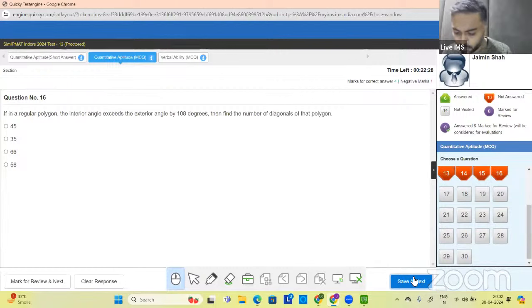Okay. In a regular polygon, the interior angle exceeds the exterior angle by 108 degrees. Find the number of diagonals. Okay, so 108 degree किसमें होता है? The interior angle exceeds the exterior angle by 108 degrees. If it is,